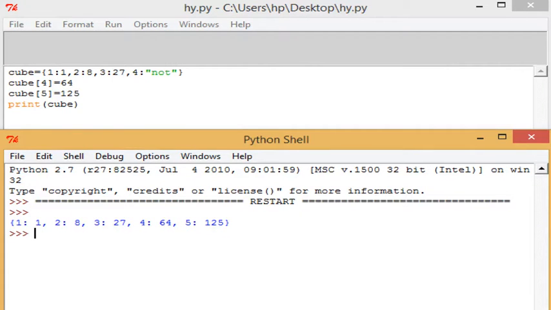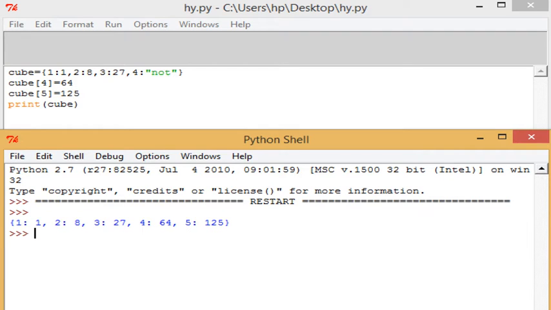When we talk about using a function in a dictionary, the first thing is that in the Python shell I have declared some numbers, I have defined some cubes. Then I have not declared the cube of the fourth number. So when I use cube[4] = 64, it helps me add the cube of the fourth number. Then I have used cube[5] = 125, so it lets me add one more entry in that particular dictionary, that is cube.